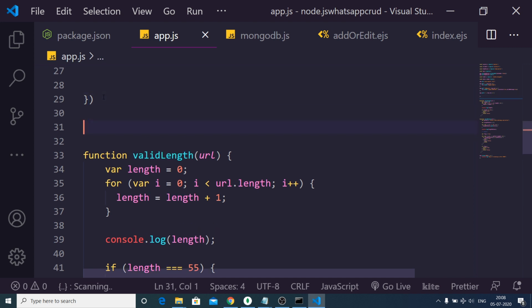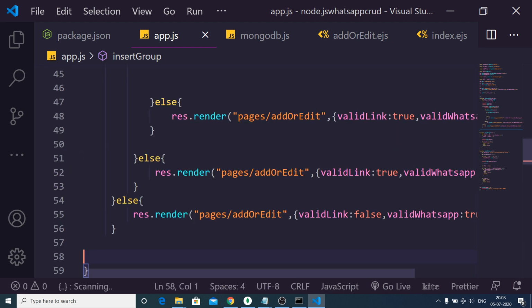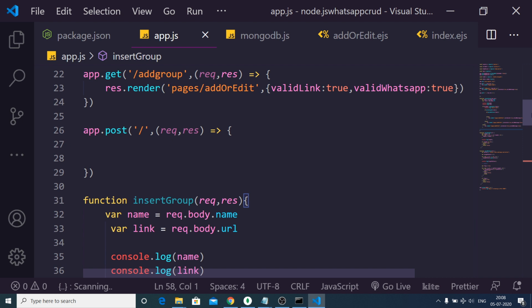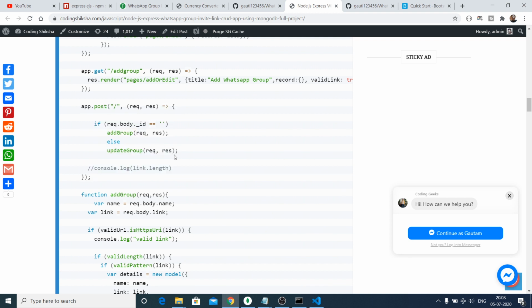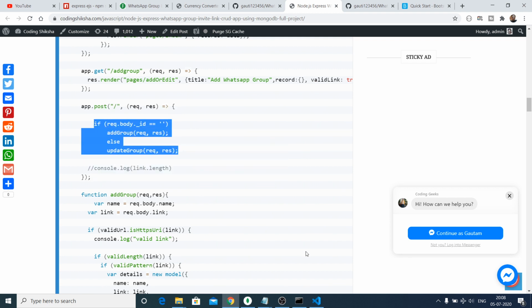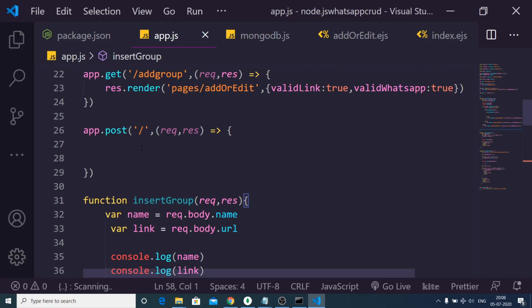So make a separate function, sorry, insert group, and it will have its own request response, and we need to paste this code here. And inside app.post, we will be copy pasting this code here. So let me just paste this code here.